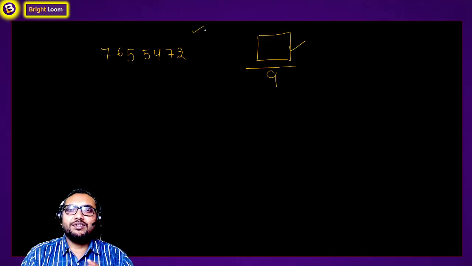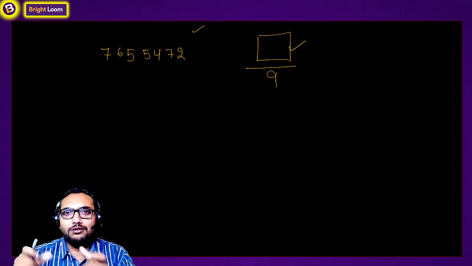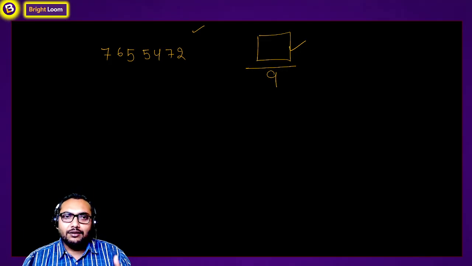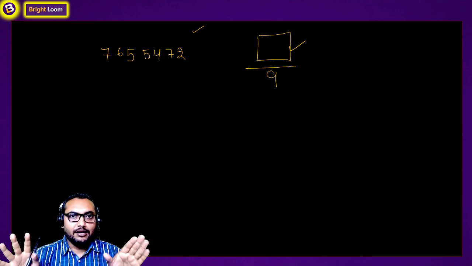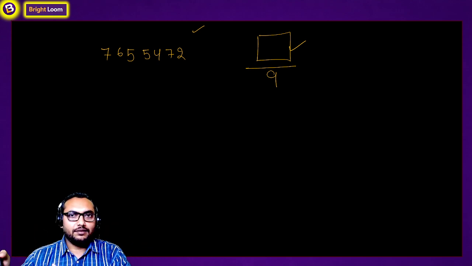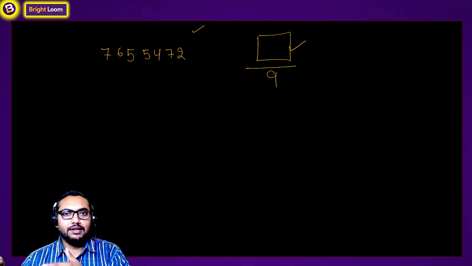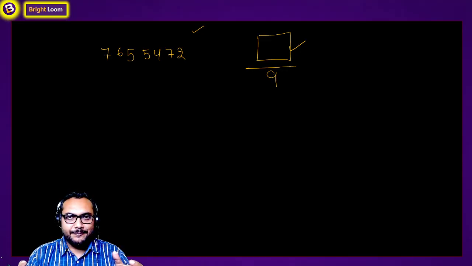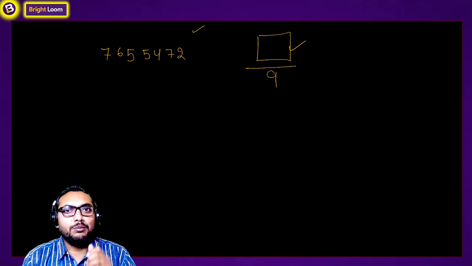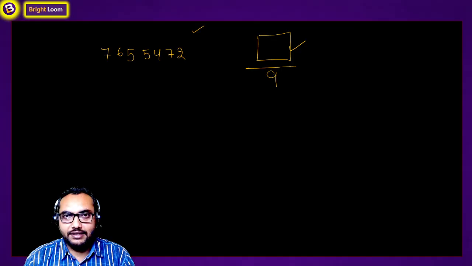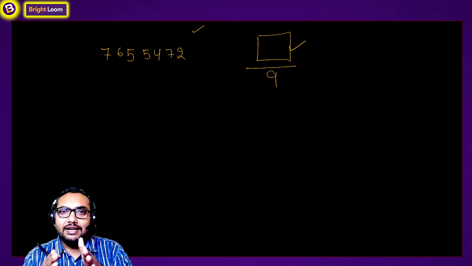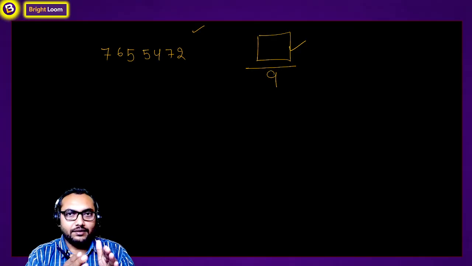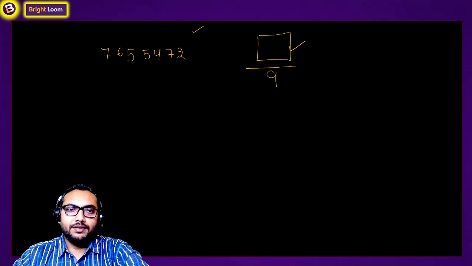But what about those students who struggle to add a lot of digits, right? If they are adding only a few digits, 1 or 2 digits, they are okay. But whenever they have a lot of digits, 4 to 5 digits, 5 to 6 digits, they get irritated, right? So for those students, I can tell you one more really easy and interesting thing. Instead of adding all the digits, you can individually divide all the digits. What does it mean? What am I saying here?